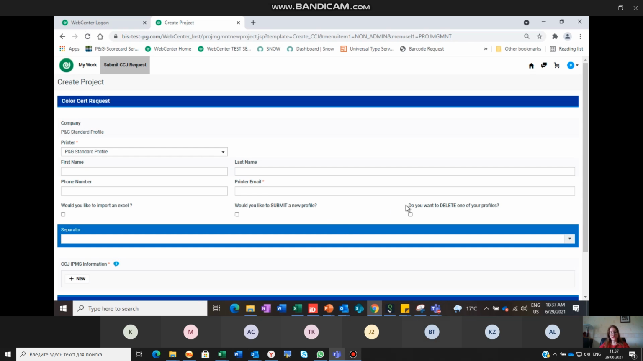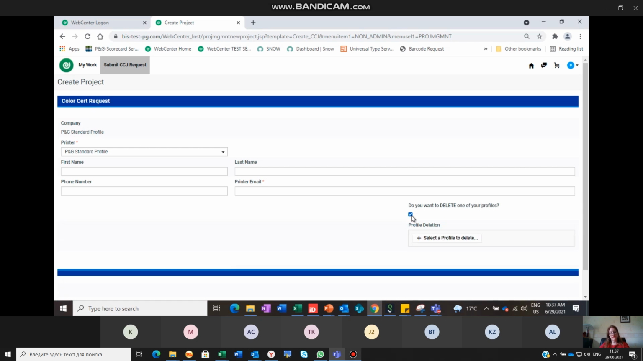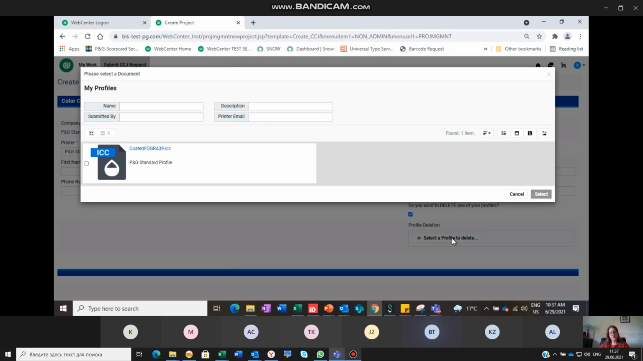And to do this, you would actually this time answer and tick the last box. Do you want to delete one of your profiles? You would tick there, and there you would select the profile to delete. So basically in my training material here, it's only one single profile, but the system would show you all the profiles that are linked to your company so that you can select the one